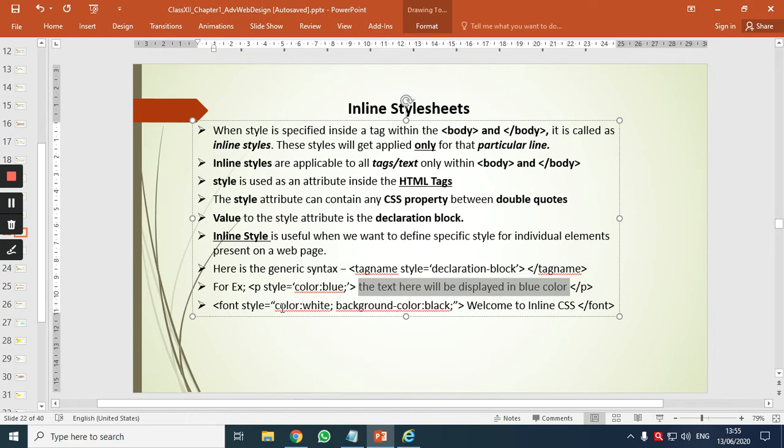Second example, I have used two declaration blocks. Observe. The first declaration block I have said color. Color means the color of the text should be white and the background color. Now look at this property. In HTML, we could not give background colors to individual piece of text or individual line of text. We could give a background color or a background image to the whole web page, right? So here we can give individually, every text can be given a background color. I have given background color black, right? I'll explain this to you practically.